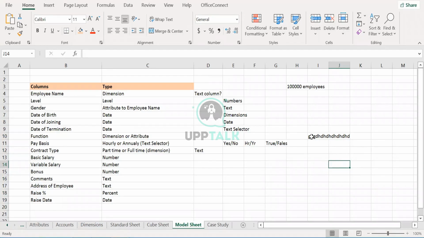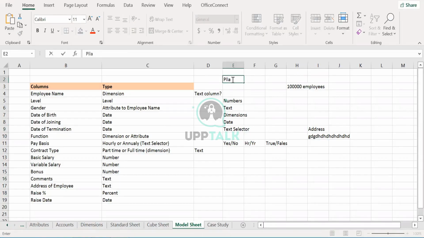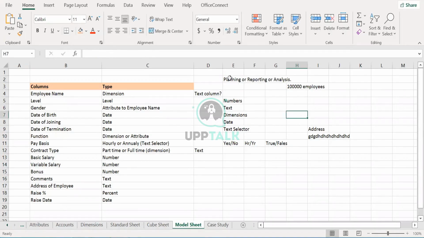But will it make sense if you want to do analysis on the comments or address section? City can be a dimension, address can be a text. That's why if you want to do any kind of planning, reporting or analysis, never use it as a text, never.